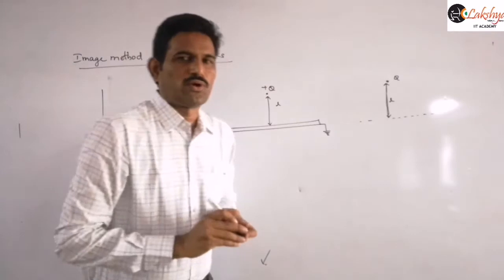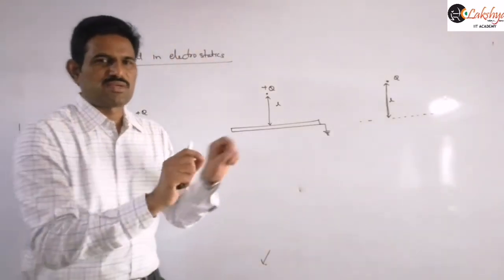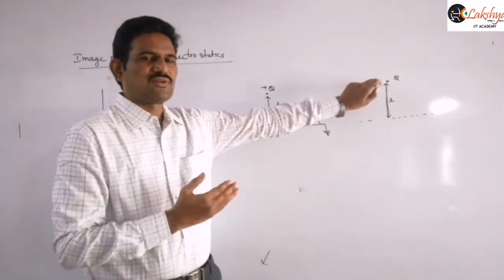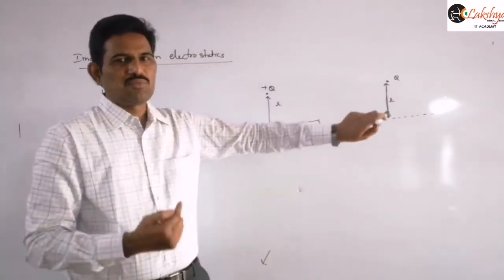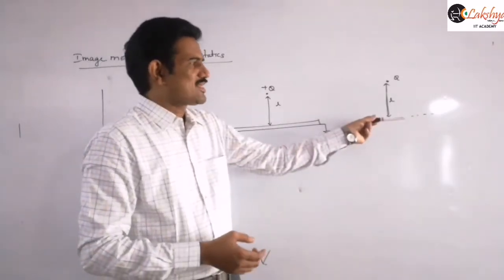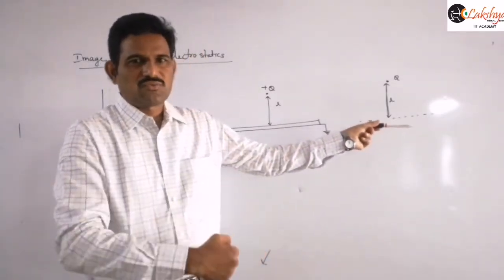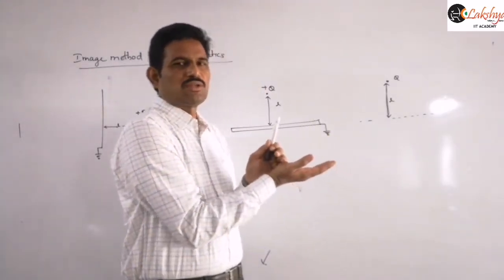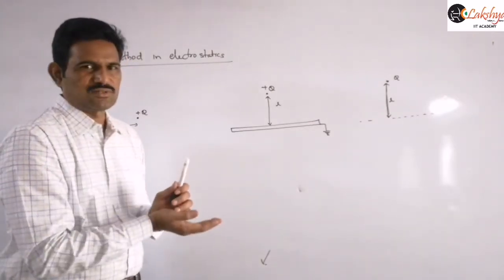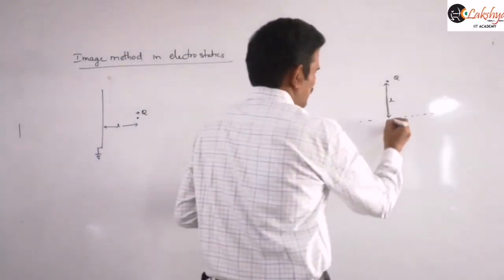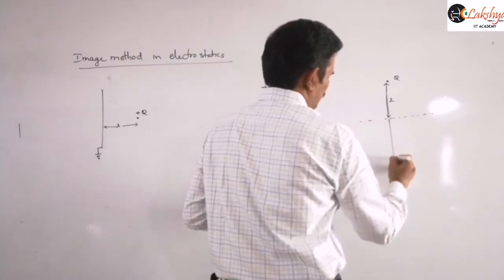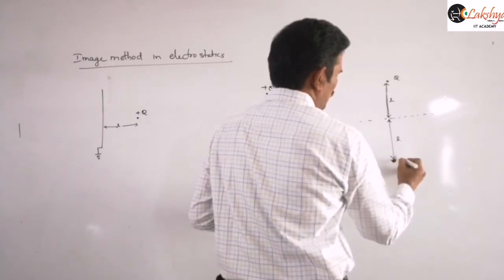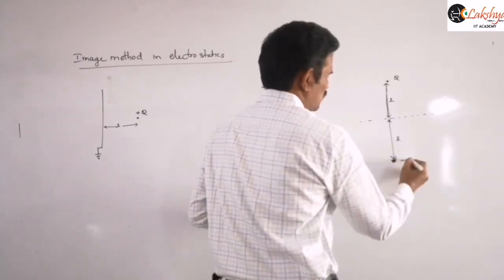If a point charge is given, we consider the point charge. If some extended object is given, we consider the extended object. So we consider the given charge configuration itself and its image. That means we need to treat this as a mirror. If you take that as a mirror, we know what image will be formed here. It behaves like a plane mirror, and in a plane mirror you know that the image will be at an equal distance from the object. So at the same distance L, the image is minus q, which we should consider here.